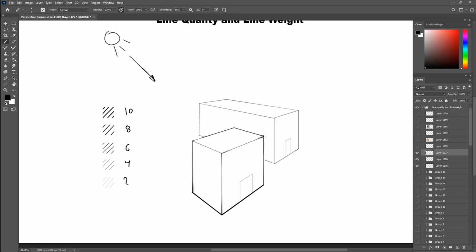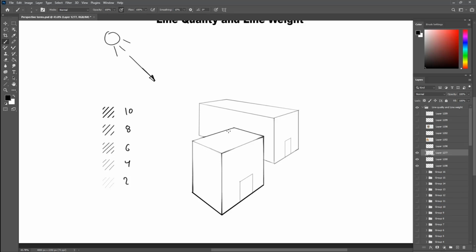For the back overlapping side, I will use a 4-point line separating the buildings from each other, and not as thick as the 6 points on the side, because the top side of the box is in the light, not the shadow. So that would take off 2 points from the darkness scale. Finally, the thinnest line of 2 points will be used for the rest of the lines, like the interior edge of the top and the door of the building, since they are interior details.